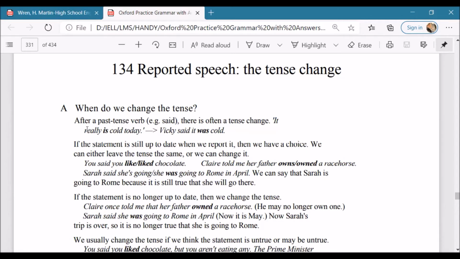When do we change the tense? After a past tense verb like said. If we have says, that means he said it right now, in the same context, same time. So there we do not make any changes, and it would remain the same present tense, or whatever tense we're talking about. But when we have said, the past tense, then we change is to was and every present verb to past, because it was said previously.